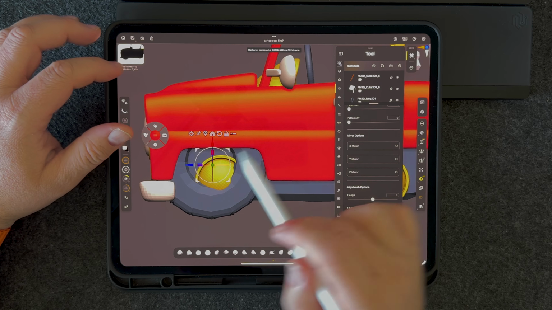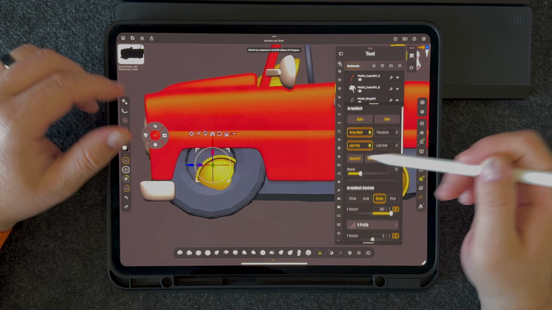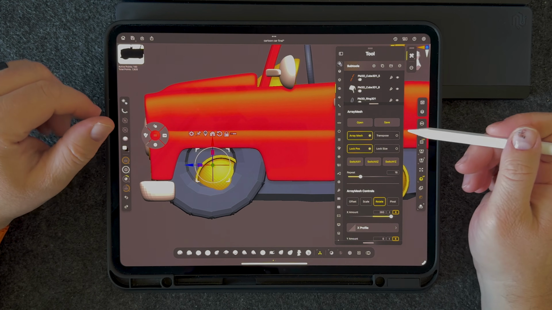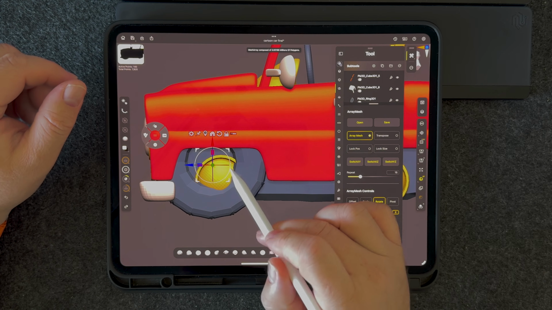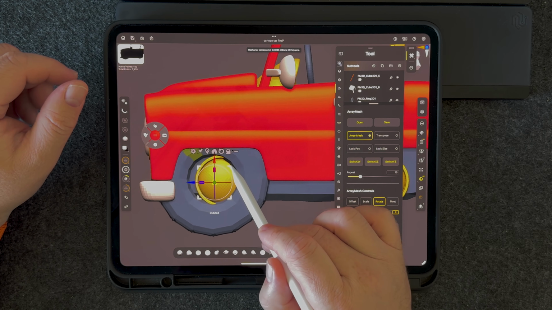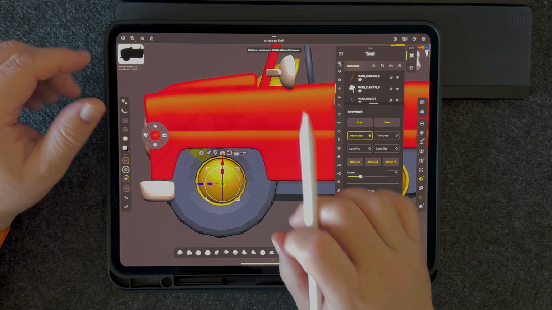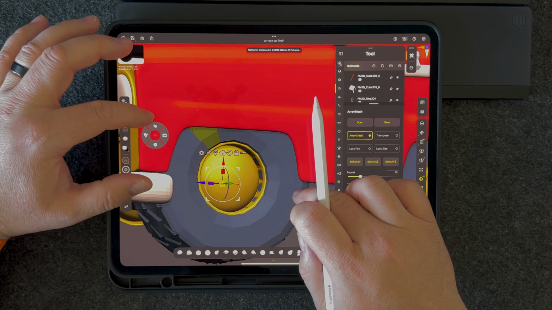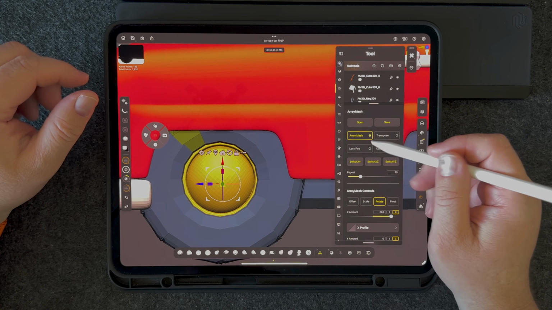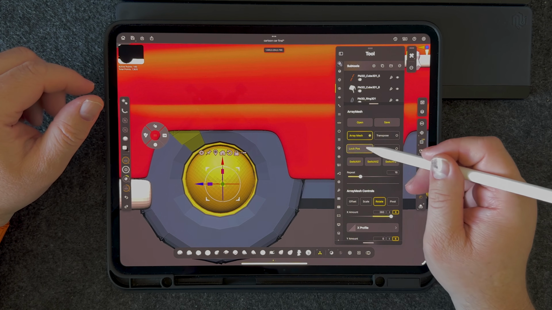Okay, and remember that lock position? That gives me the ability to change things around, but if I uncheck it, now when I move, we can reposition it around the hub, and we'll use that as a guide for where things are going to be. So we'll lock position again